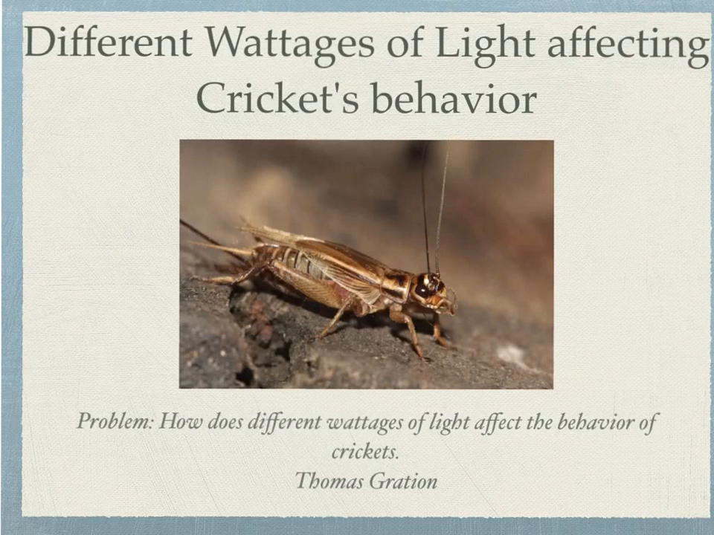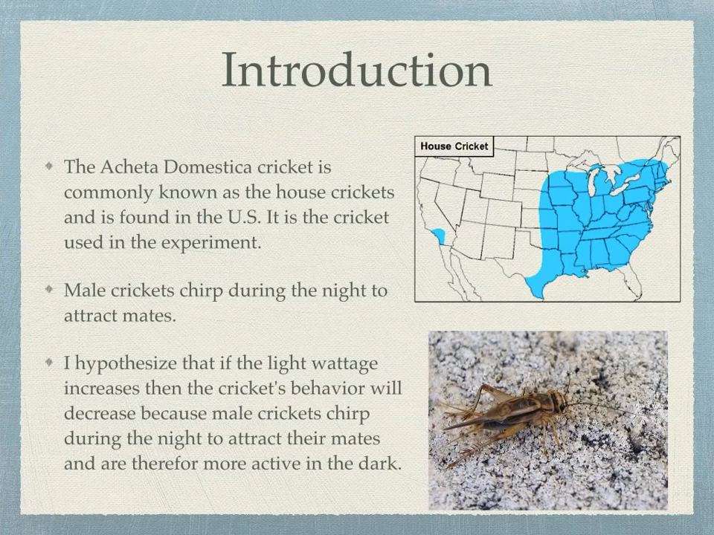I did my honors project on different wattages of light affecting crickets' behavior. The problem is, how do different wattages of light affect the behavior of crickets? The Acheta domestica cricket, commonly known as the house cricket, is found in the US. It is the cricket used in my experiment. Male crickets chirp during the night to attract mates, and that is going to be a key component of my